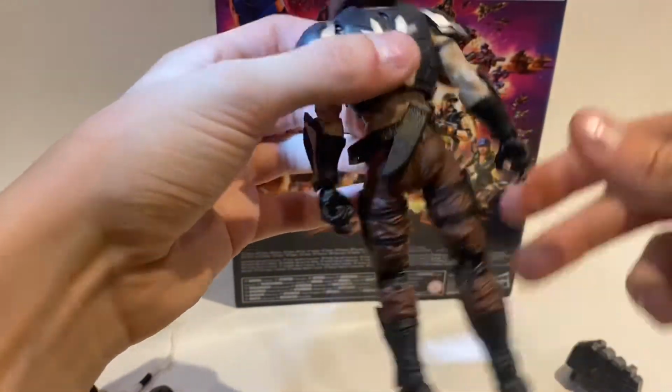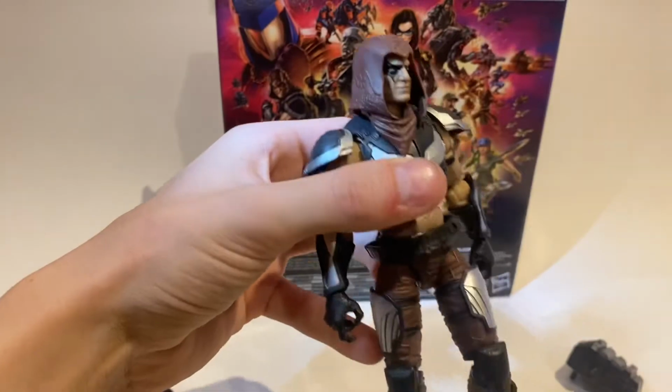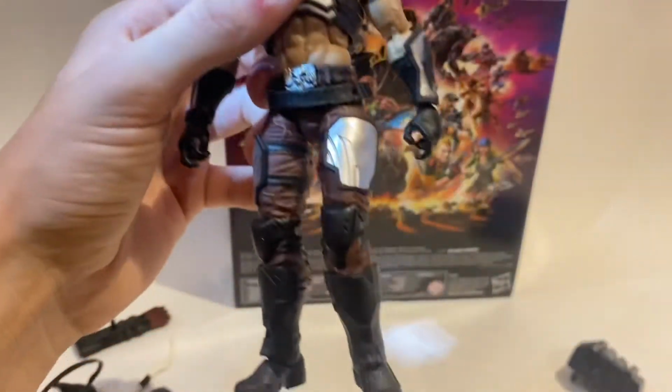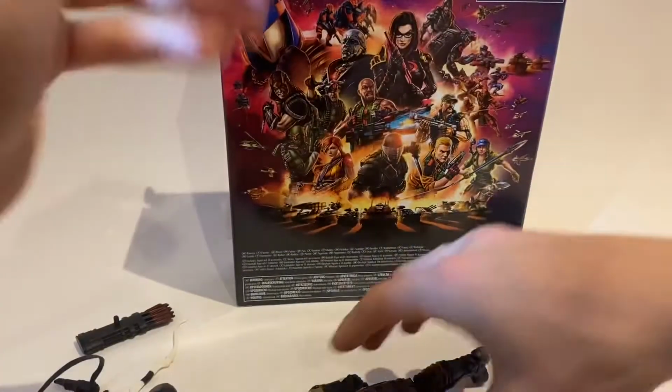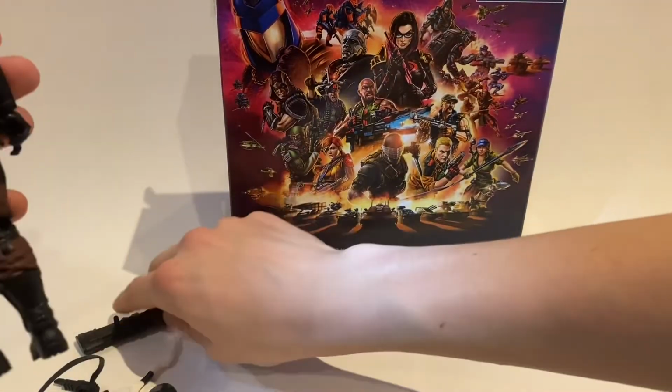There's the pants, you know, the back, lots of detail. Hood comes off sometimes. Face is very good. Not a lot of paint flaws on this figure. So, whoa. The cool thing about this figure is you can put the kitchen and the kitchen sink on him,